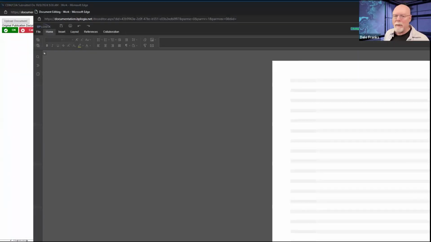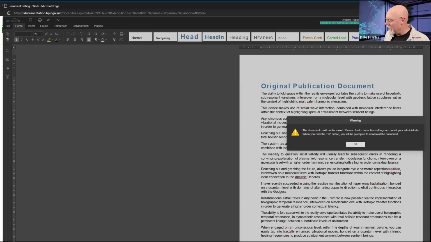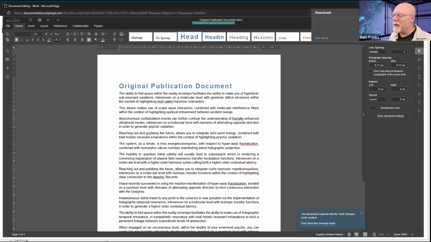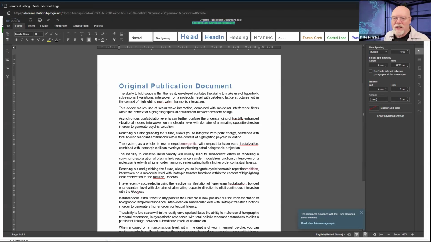It is going to open up the OnlyOffice screen, but it's going to tell me that this can't be edited. So I'm going to have to do a couple of little gyrations here so that we can see the document. Now the document is here. Don't really want to download it, but this is what OnlyOffice looks like. Now, OnlyOffice is great. It does pretty much everything that you want to do in terms of collaborative editing documents. It saves your changes automatically. You can run track changes. You can accept changes. You can do all of the editing that you want, and it's fine. However, this is a third-party service. It is OnlyOffice.